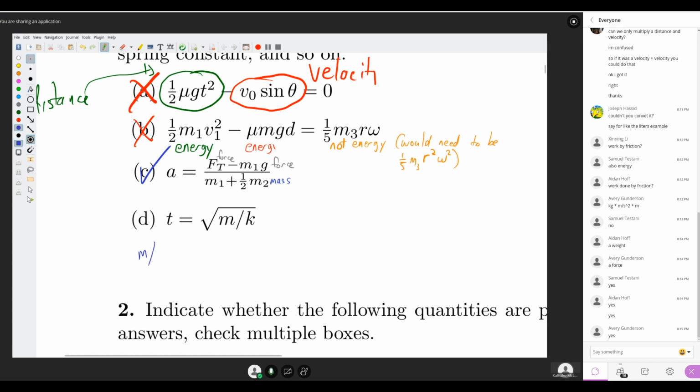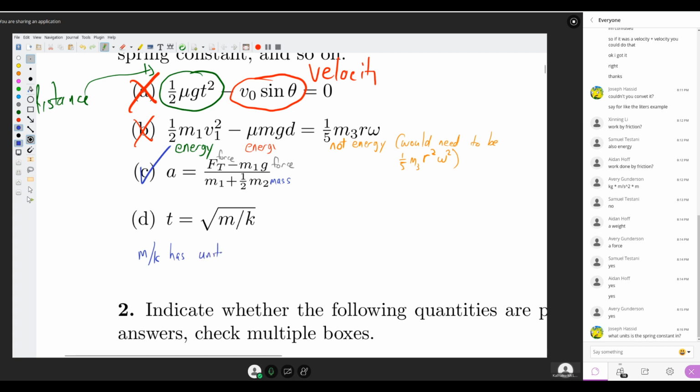So m over k, what units is the spring constant in? Okay, this is a really good point. So how do you figure out what units k has? So what does the spring constant tell you? M is obviously kilograms, but k tells you